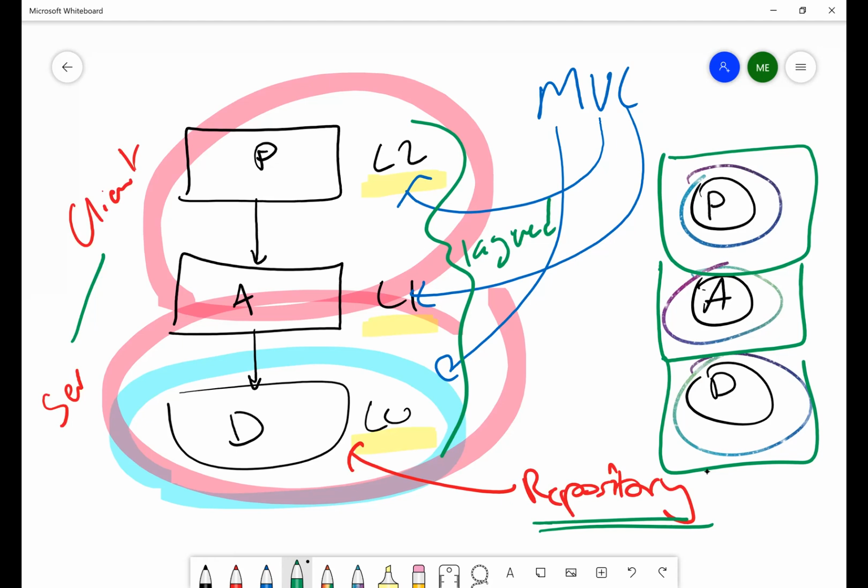Yes, you have a question? Yeah, MVC, model view control. Really the model is data. So this one, let me just use a different color. I think I've used all of them. So the model is data, the view is presentation, and the control is application. Right? Tomato, tomato. This is just one community that created that, so they call it MVC. A different community called it PAD, but it's really the exact same thing. And they just happen to align rather beautifully with each other. And it's not by coincidence.